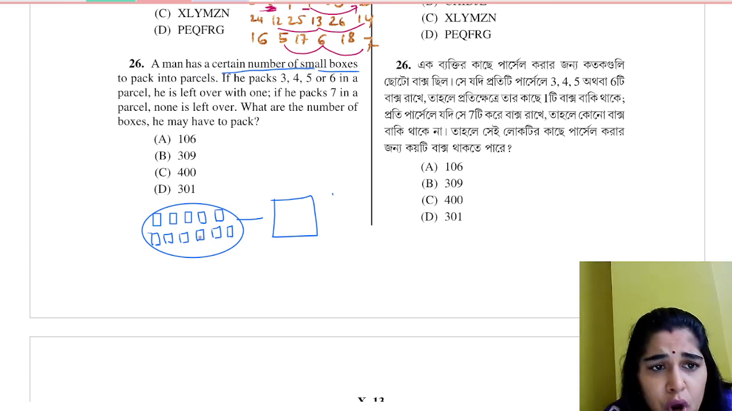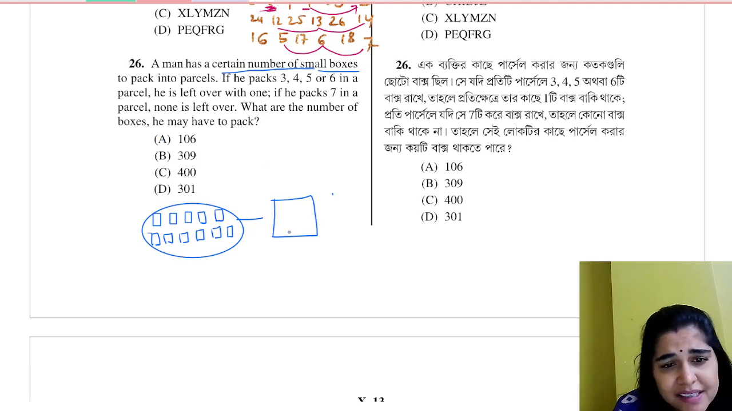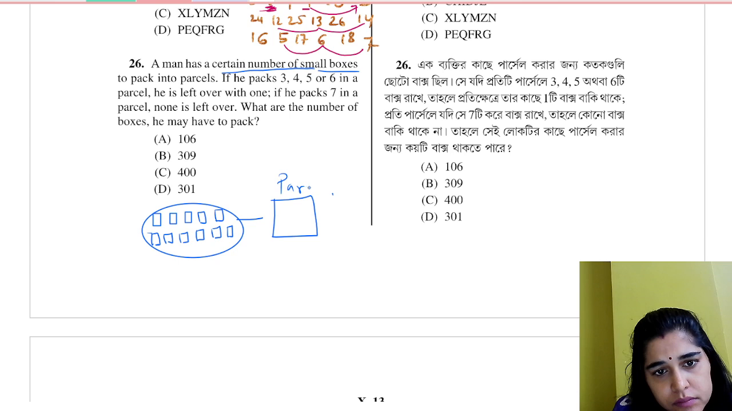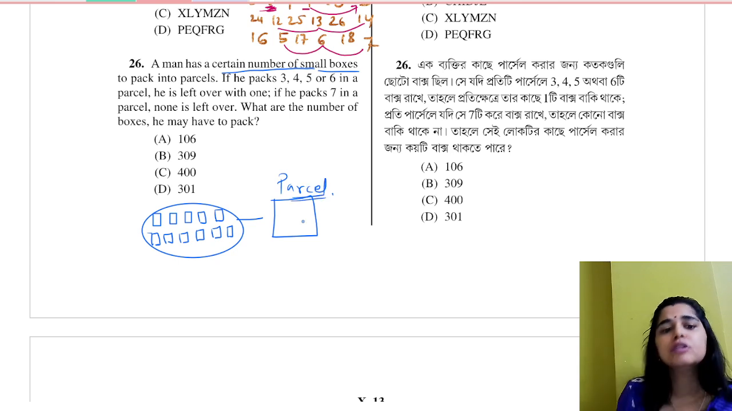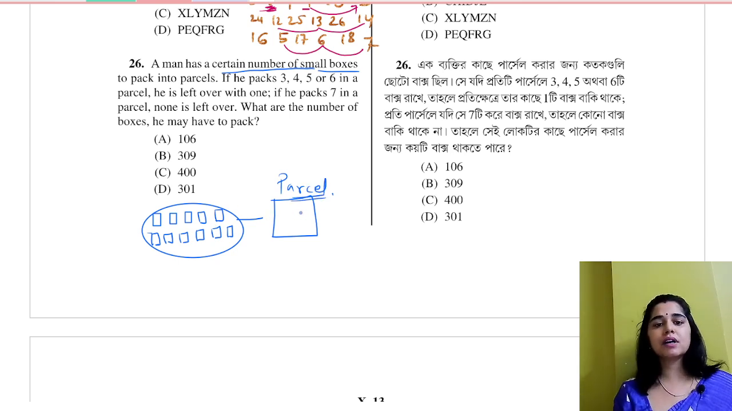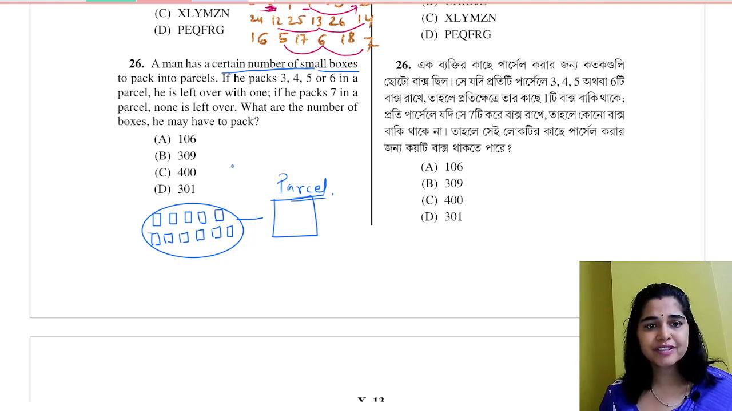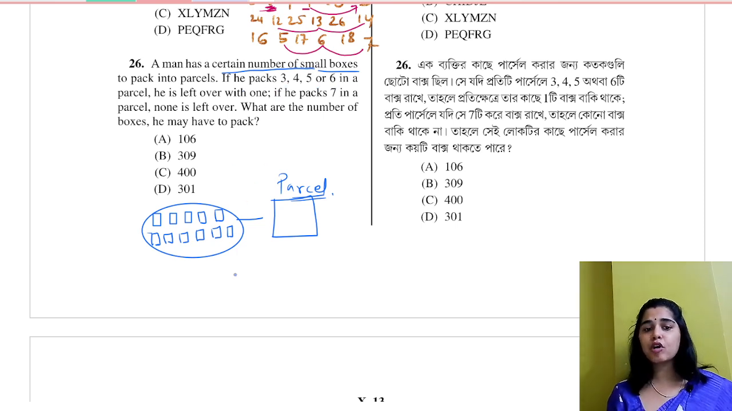There is a certain number of small boxes packed into the parcel. This is the parcel. So the man packs these boxes into the parcels. If he packs 3, 4, 5 or 6 small boxes in a parcel, like 3 boxes,